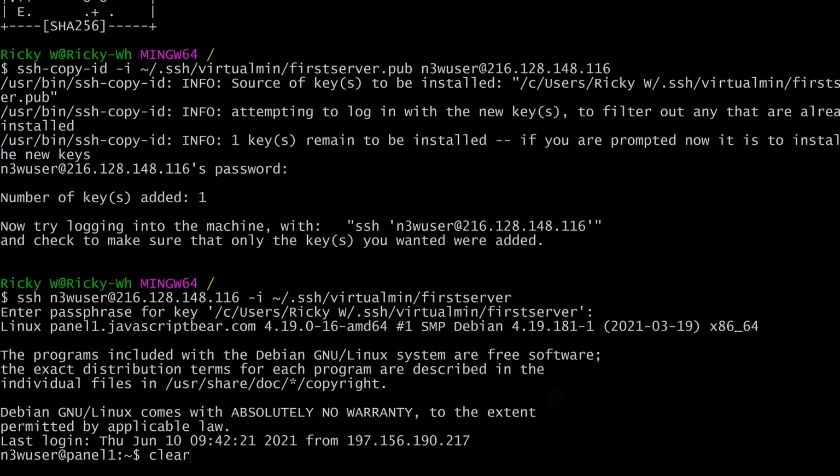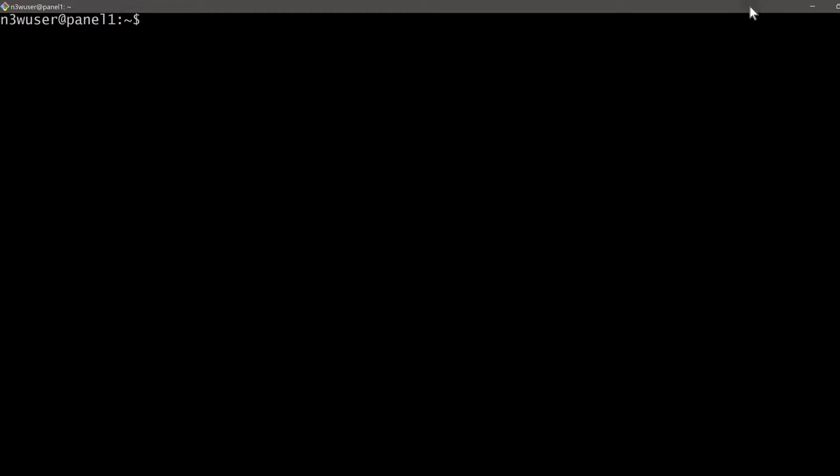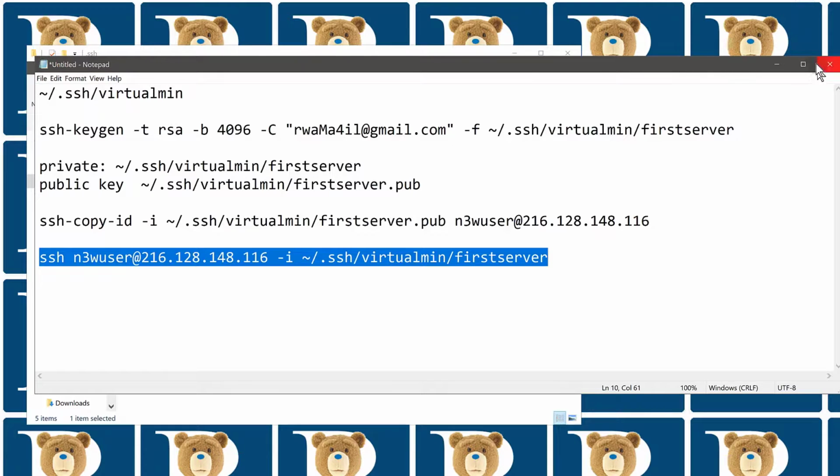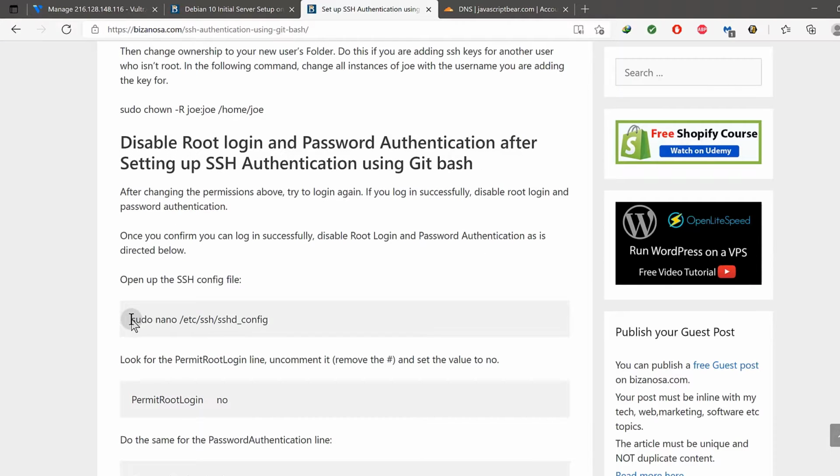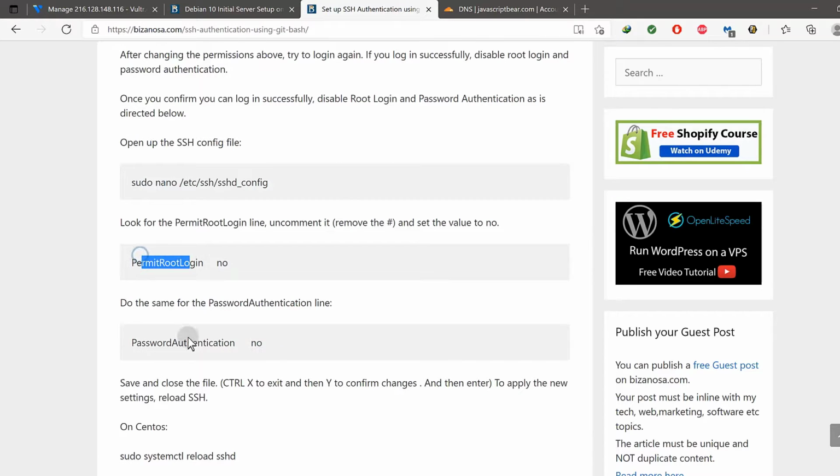And before I even end the video, the next thing that I want to do is I want to disable root login and I want to disable password authentication. So I'm going to come down here and I need to go to the SSH configuration file, and I need to disable root login, and I need to disable password authentication. So I want to do that in this video so I don't have to do it in the next video. Copy